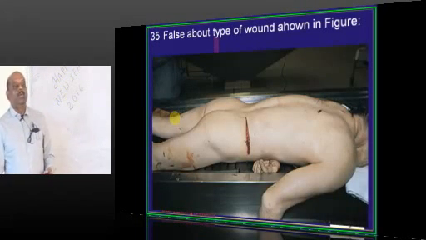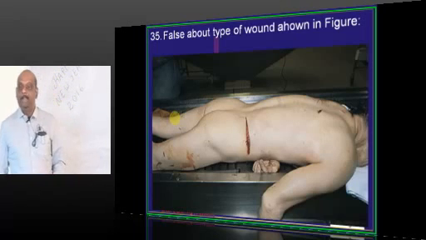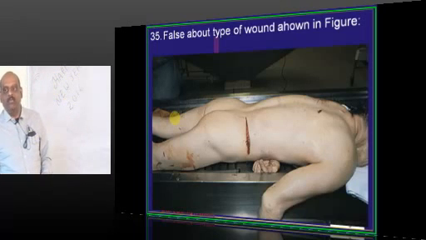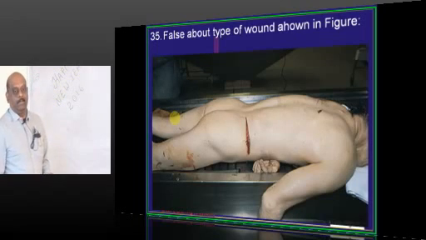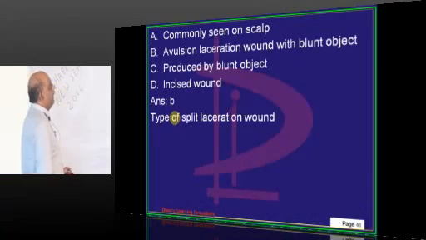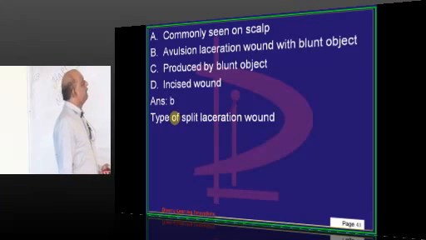Then, what is this wound injury? Incised-like wound, it is called. Typically more common on the scalp, and it is